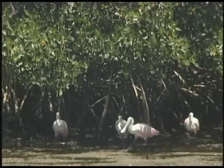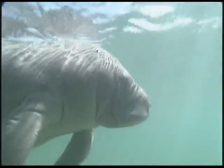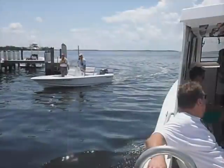You can go up and get a great lookout point from the water tower there. Island Grill is not only a taxi service to the islands, but they also offer shelling, birding, and trips where you can watch manatees in their natural environment. A lot of people simply don't want to run, own, or maintain their own boat, but they still like to